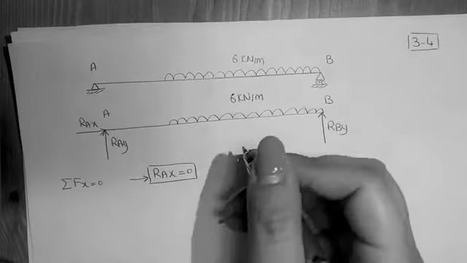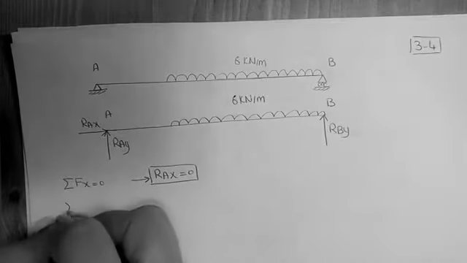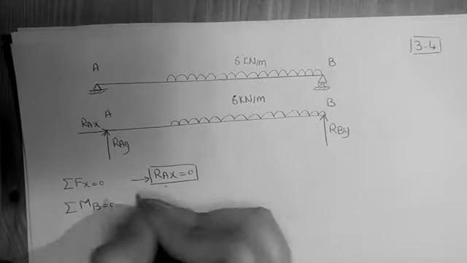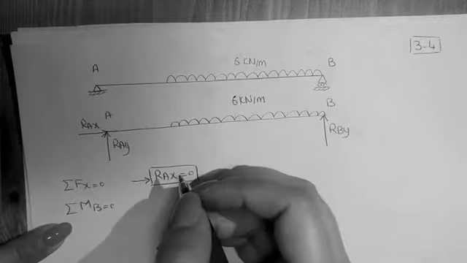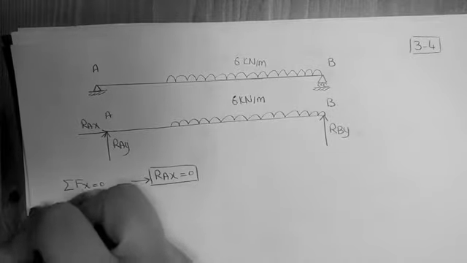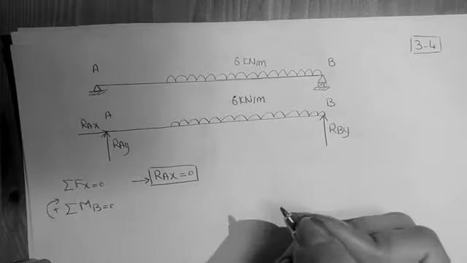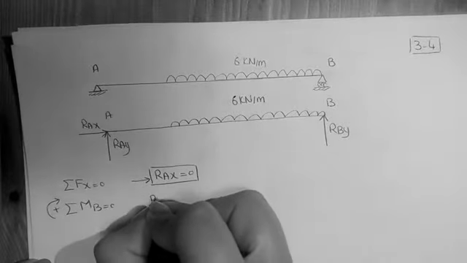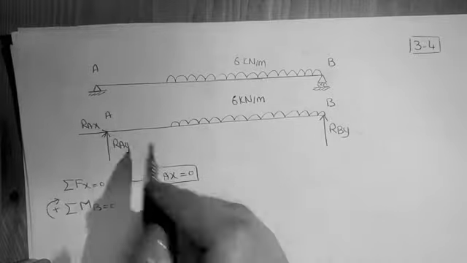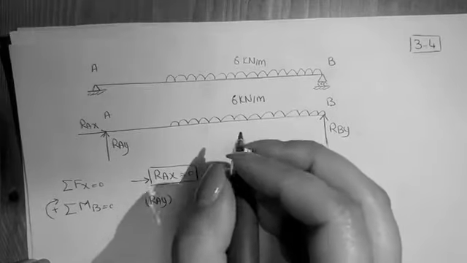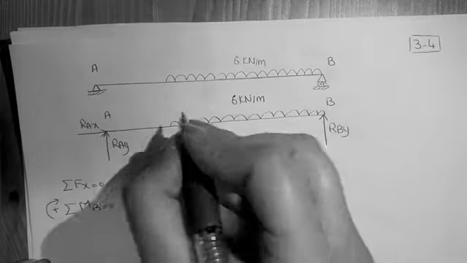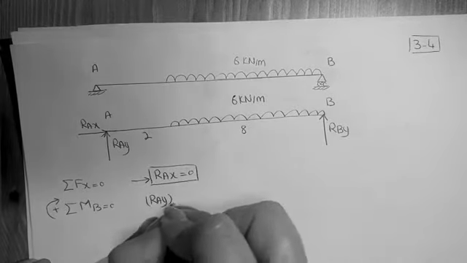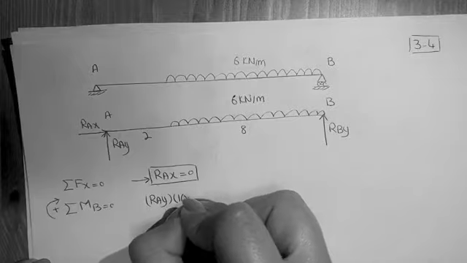Then I have the sigma M at point B equals 0, and this direction is marked as positive. So RAY times this distance, which is, here is 2 and here is 8. So RAY times 10